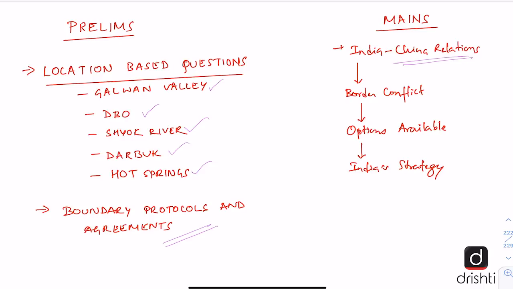In mains, a question can be asked on India-China relations, also on the border conflict, the historical aspects, what the border agreements were, how the border talks are going on, and so on. Also, the current conflict can be asked, so one should be clear about it. And then questions can be asked on the options available to India, how India should deal with a more aggressive China, and what India's strategy should be. So these are the kind of questions on which we should be